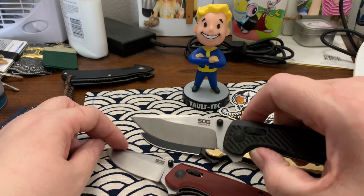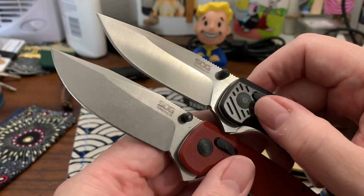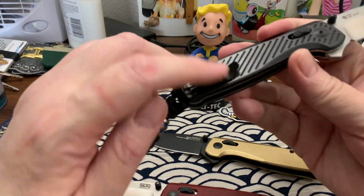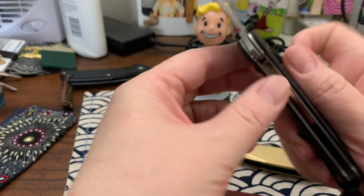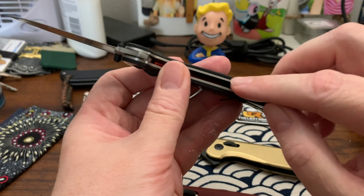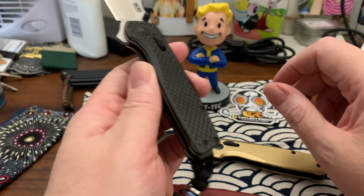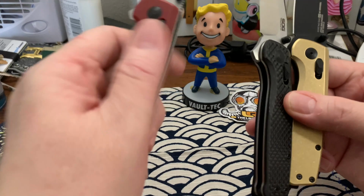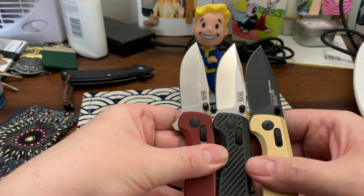has the stone wash blade. Yeah, it's slightly stone washed, and this clip is the old clip too. But think of this knife, if they had just literally used carbon fiber liners, this would be a super light knife. I've done a review on this knife, and I've showed this knife in videos before, the